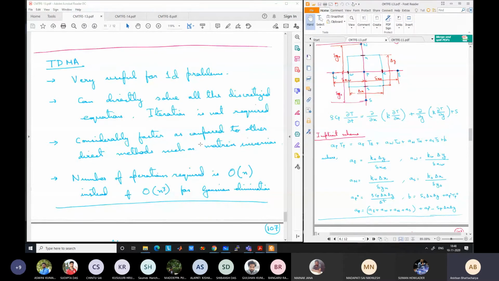But if you want to do your own matrix inversion algorithm, it will not be very fast. So this is a direct method because you can directly solve all the equations. You may think that this is iterative, going from iteration i equal to 1 to n, but it is actually not iterative. Iteration means that you are using the previous iteration value for the same variable to get the next iteration value.